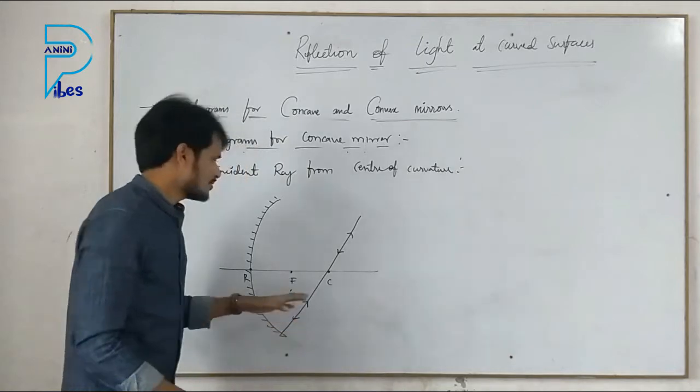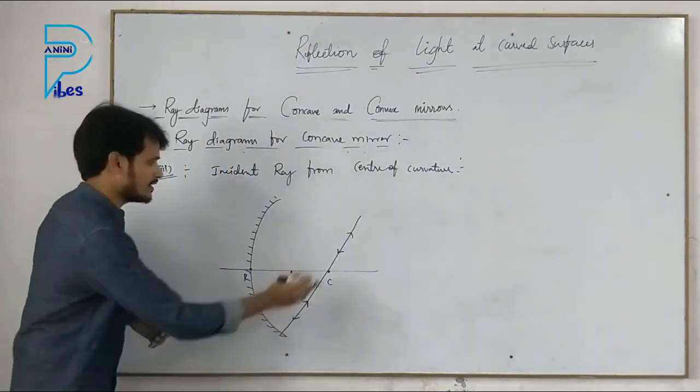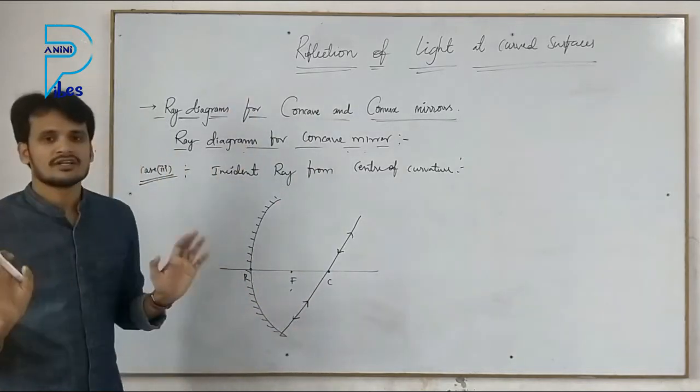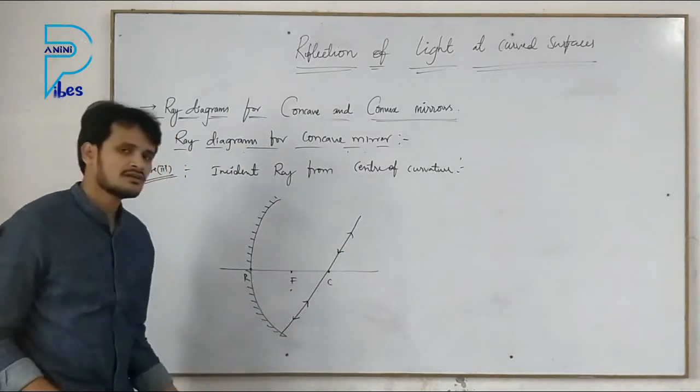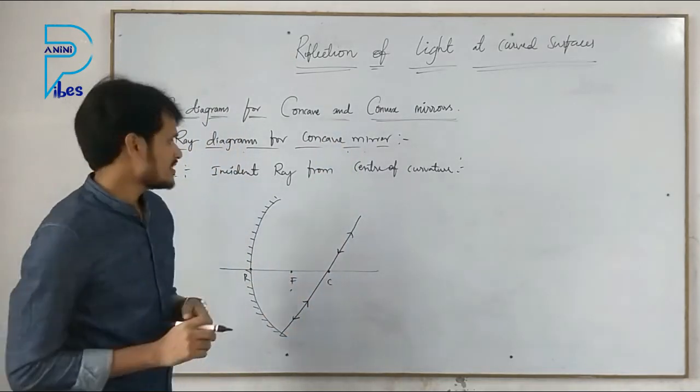But in this case, we are able to see only one ray, that is passing from the center and moving from the center only. If the incident ray is coming from the center of curvature, the reflected ray also passes through the center of curvature. And the next case is